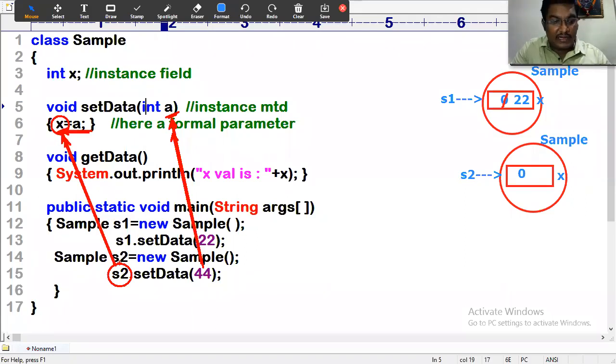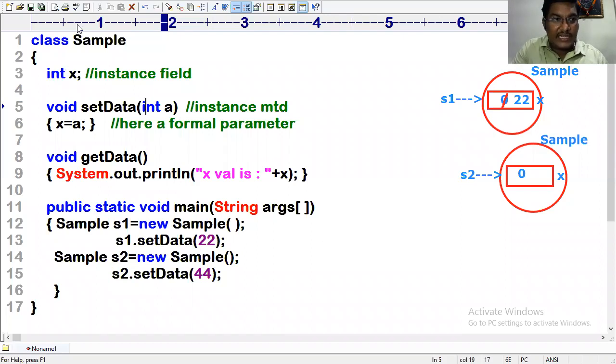So S2.x is initialized with 44. This is the way the mechanism works.